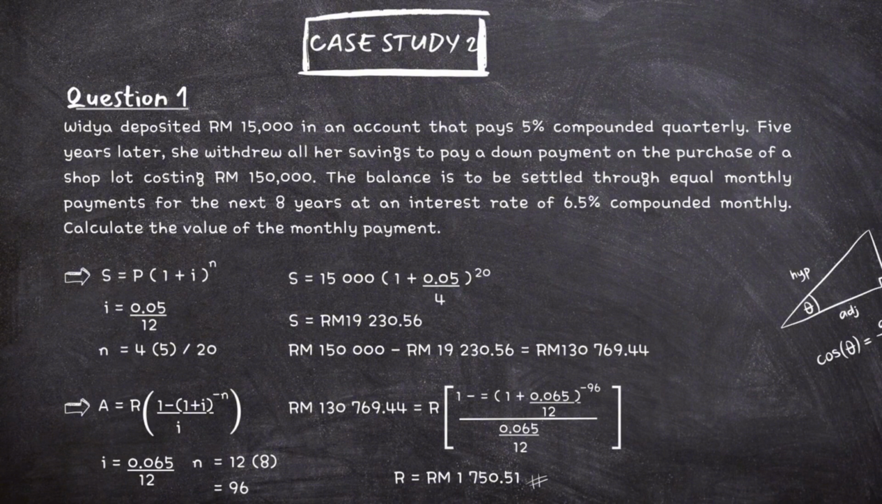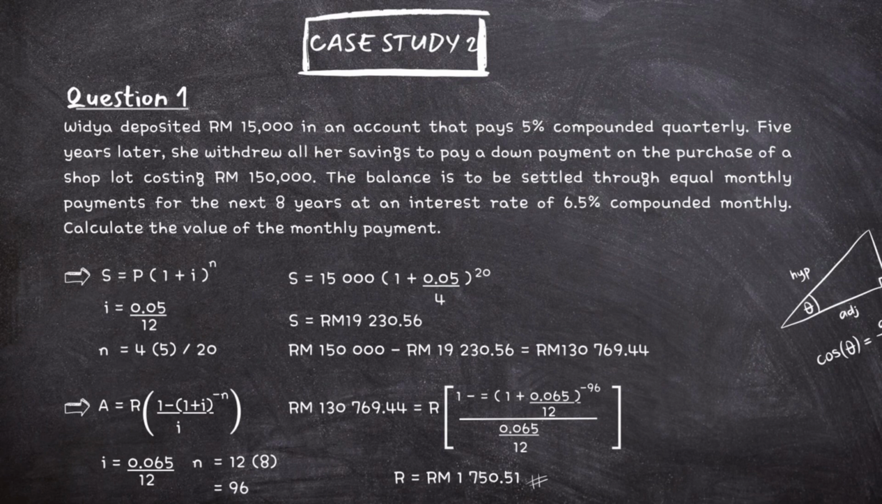So we'll use S equals P times (1 plus i)^n. So i here is 0.05 divided by 4, since it says 5% compounded quarterly. 5% compounded quarterly means 4 times a year. And n is 4 times 5, since it says 5 years, which equals 20. And then S equals